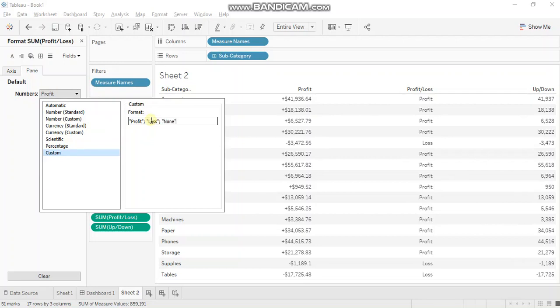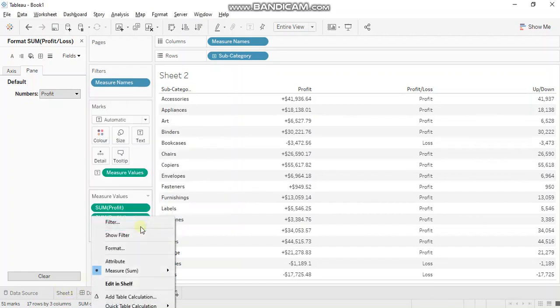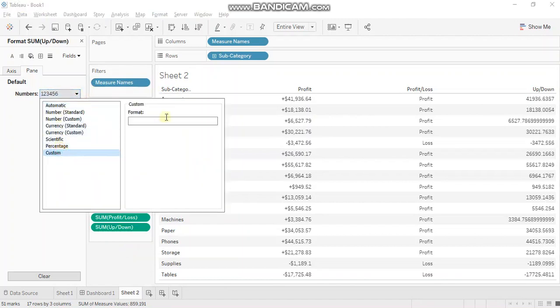Alright. With up and down arrows, I'll go to format, custom, and here again you can copy paste arrows or whatever symbols you want enclosed within your double quotes.